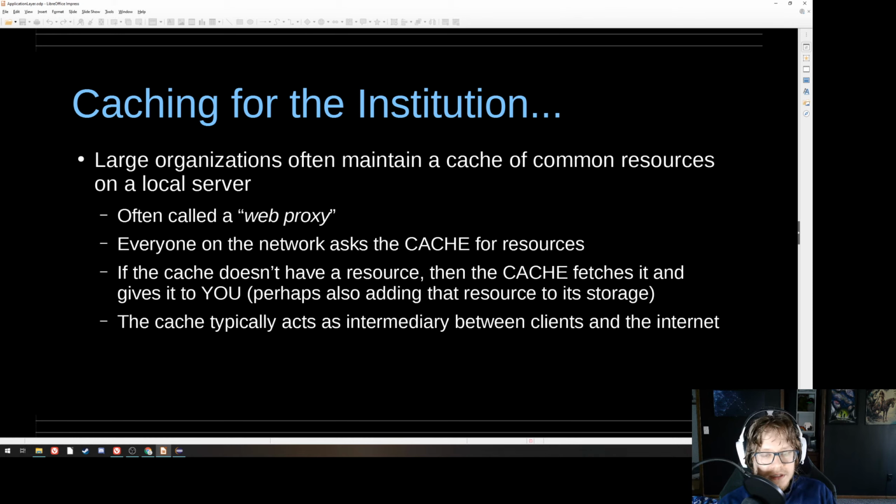This is often called a web proxy or a web proxy server. Whenever anybody on that network, so again, let's use John Carroll as an example, whenever anybody on campus makes a request on the internet, it asks the cache first for those resources. So this adds an intermediary between you and the internet. And if the cache doesn't have the resource, then the cache fetches it for you and then gives it to you. And it might also add that resource to its storage if it thinks that other people will use it